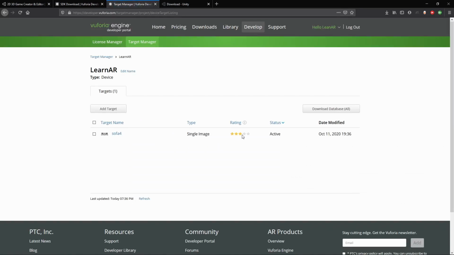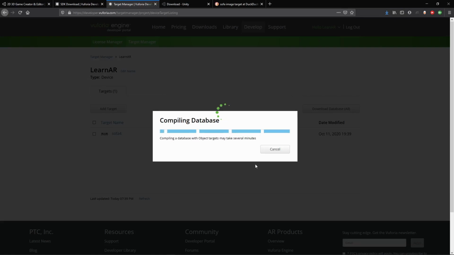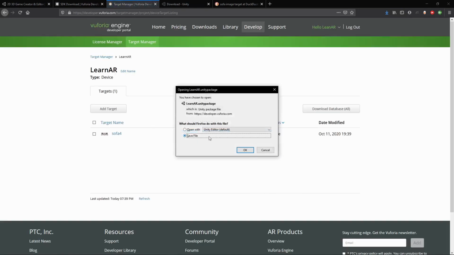This image is okay, but it's also bad. If it is possible for you, you can just create your own icon or your own image, and then it will get better, trust me. So we're going to download it for Unity Editor, download the database, wait for a while, download it,